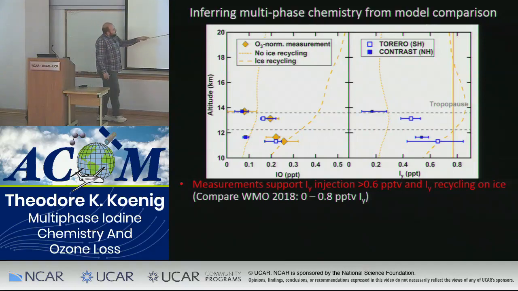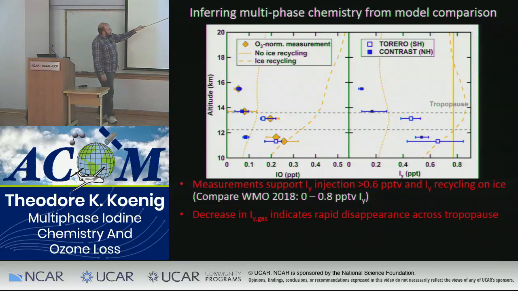As I go up through the intermediate bin, though, I'm starting to fall clearly off of this line. In fact, I'm getting into what looks like iodine's not recycling on ice at all. And if I go still higher to the stratospheric data we have, it looks completely incompatible with how we would understand the iodine chemistry without something else going on. It looks like the iodine here and here can't be following what we have in the model.